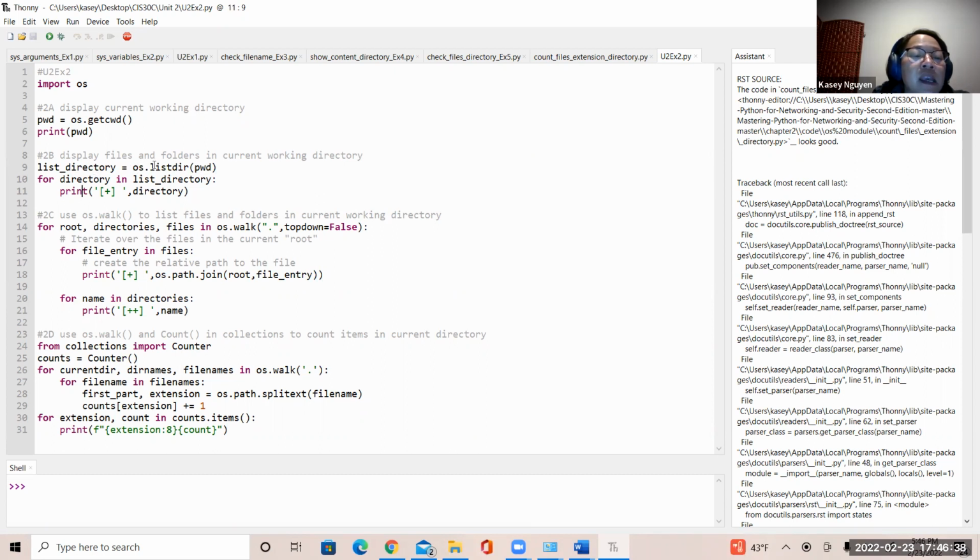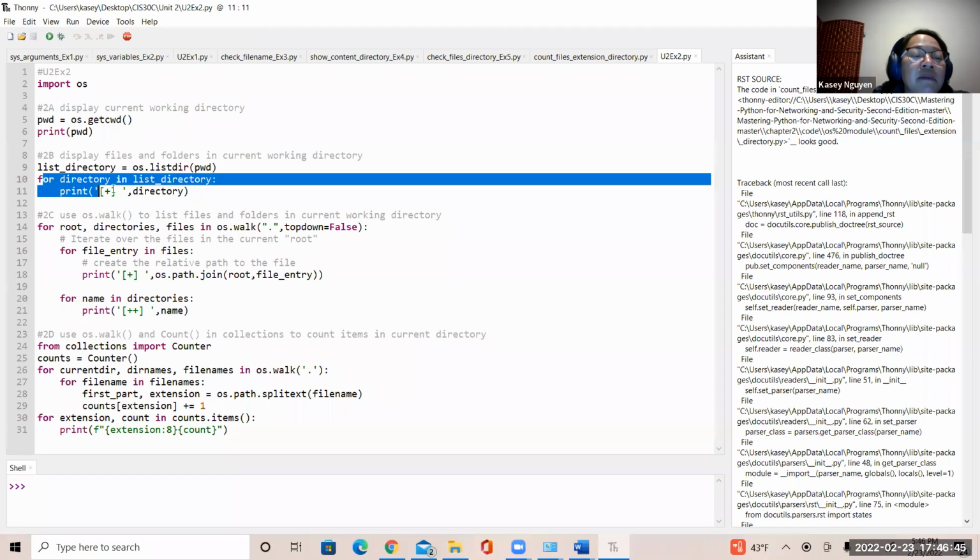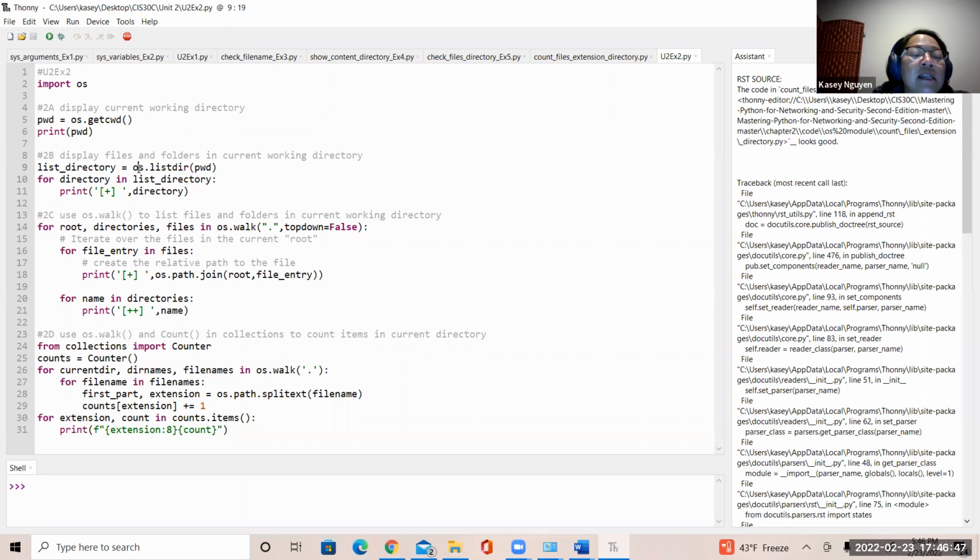So in 2B, I use listdir, and listdir returns a list. So that's why we need to implement a for loop here, as it is a group of items in a container. Then again, for 2C, I also want to list the files and folders in the current working directory, but for C, I want to use walk